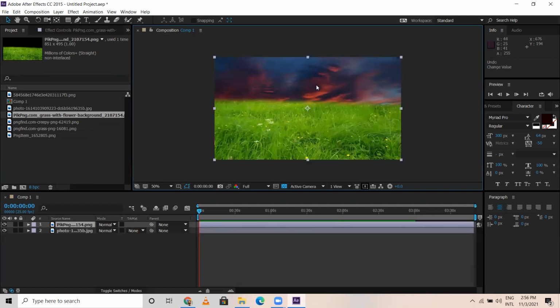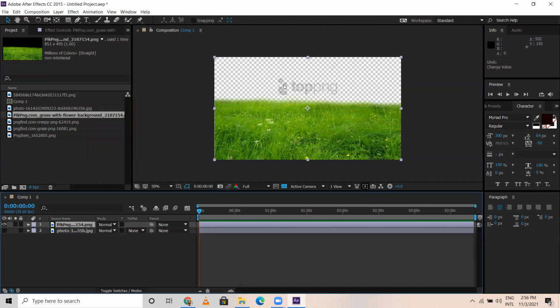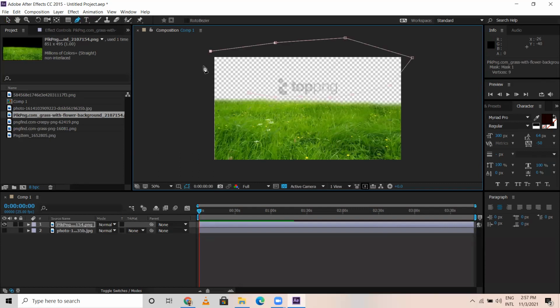I would like to take it out. For that, you can see here top PNG or something is there. I would like to mask this. I don't want this. So here you have this pen tool, right? Can you see pen tool here? I'm in this grass PNG, this particular layer. Take this pen tool, start creating from here. You might have used this pen tool earlier, right, in Photoshop and all. It's the same thing like that.